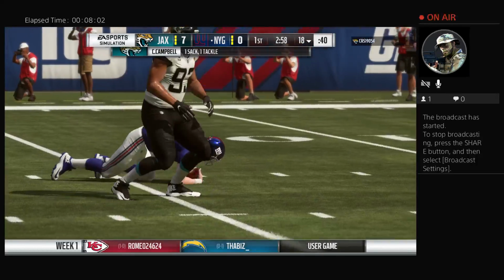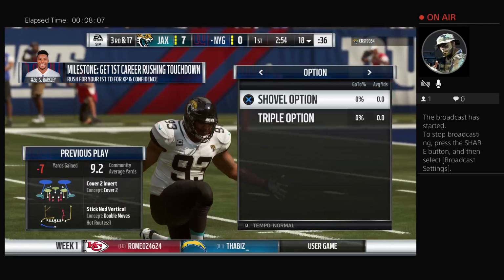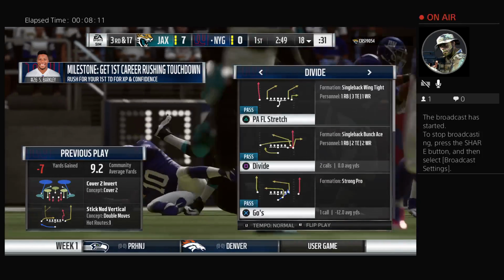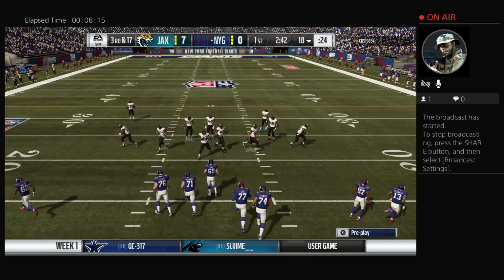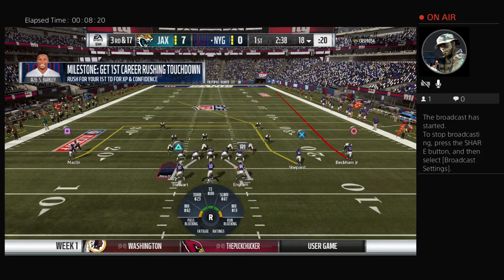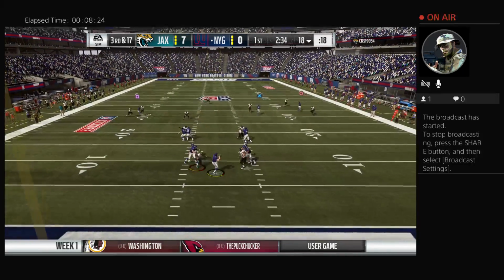Jaguar pressure on a Jaguar sack. Calais Campbell in there to bring him down for a loss of 7. Remember this Jacksonville D, 55 sacks a season ago. I think they want to fight for nickname supremacy with Pittsburgh. Remember, they were just one behind Pittsburgh for the overall lead in sacks last year. Pittsburgh known as Blitzburgh. Jacksonville, they're known as...